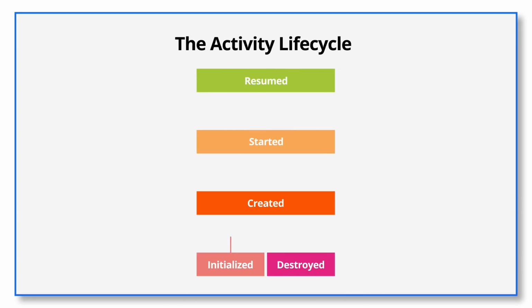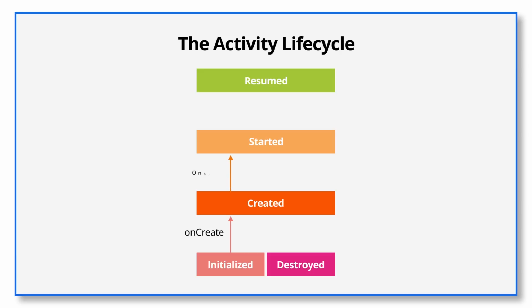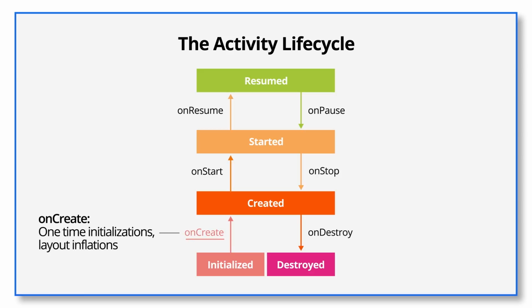In addition, there are corresponding lifecycle methods which are called by the activity whenever it goes from one lifecycle state to another, as seen here. Each callback can be overridden to do either setup or cleanup of resources. OnCreate is for one-time initialization. OnDestroy is the mirrored method where you tear everything down. At this point, you know that the activity is unfortunately gone forever.